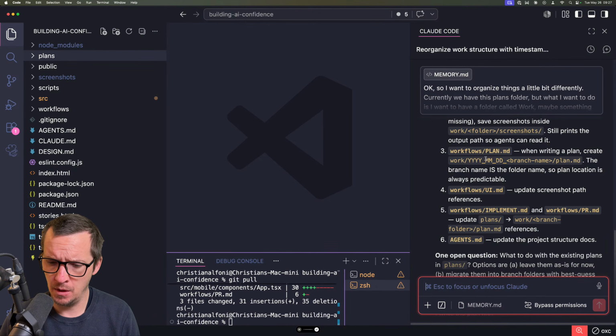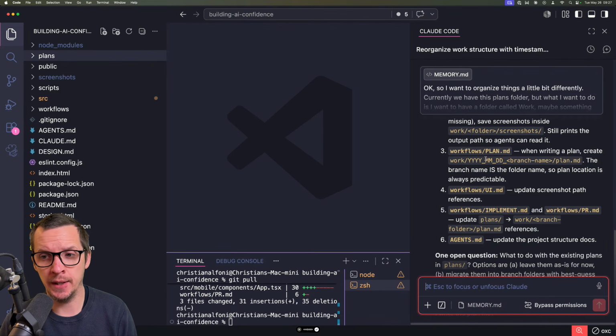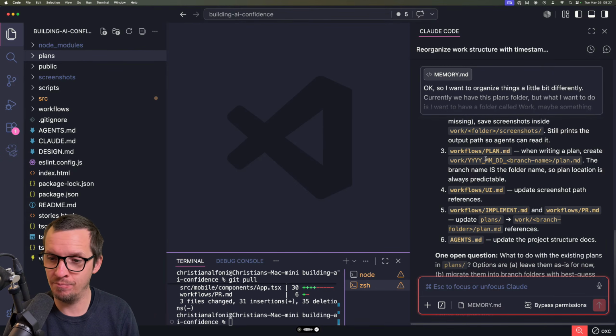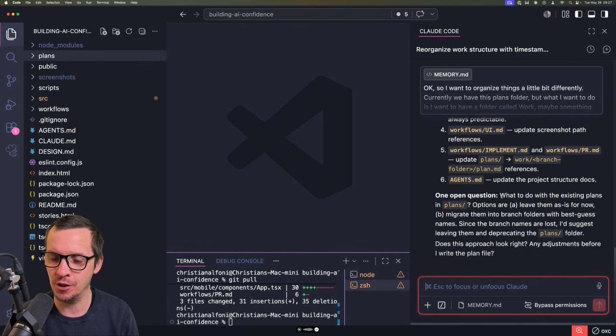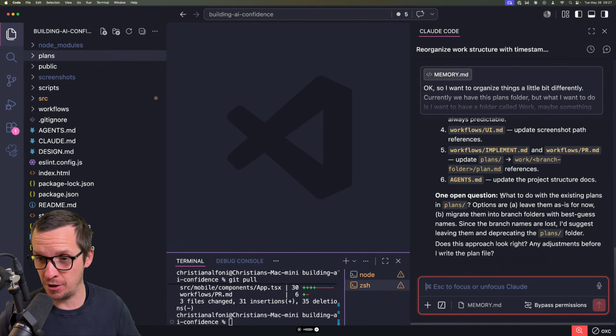And then what about existing plans? We can just delete them. That's fine. But I want you to kind of start using this flow now. So as you plan this out, it would be great if you can actually create a work folder, create a branch and everything, and start using this immediately, even though it's not actually part of the instructions yet.